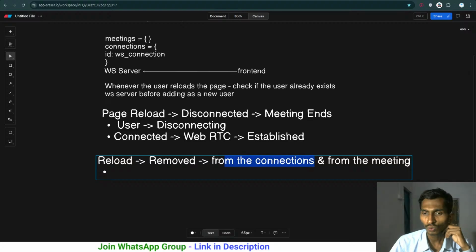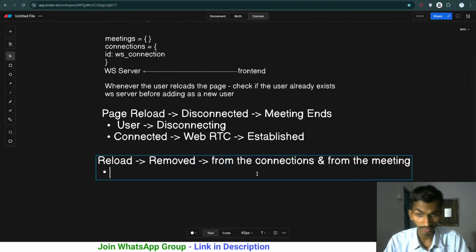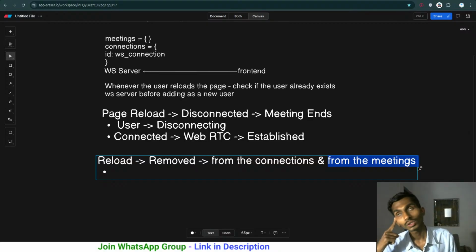As for this particular connection, what I think is that the old connection should still be there, and whenever the user joins again, a few things are going to be happening over here. Ultimately I have mainly two things: the connections and the meetings. The user should definitely be part of the meeting, there's no doubt in that, because even if the user disconnected, until unless